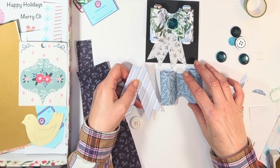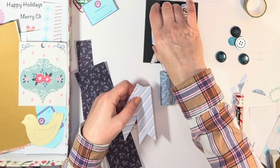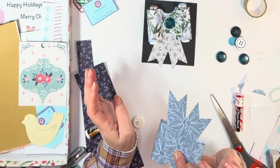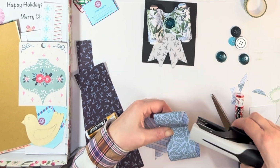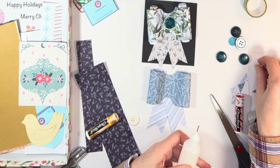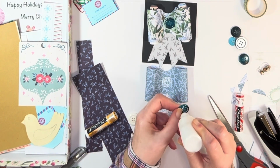And I personally like the opposite page, the coordinating pattern. Oh yeah, and this one I stuck a snowflake on the back. I don't know if that's necessary, a die cut. So crisscross them and line them up, make sure I have them crisscrossed, couple staples. I am trying to staple so that the button covers the staples, adding some white glue,